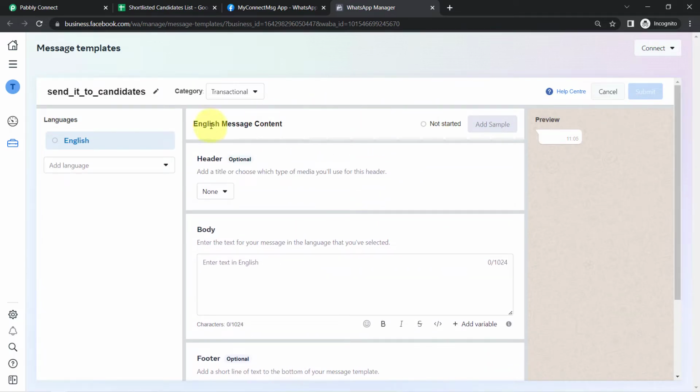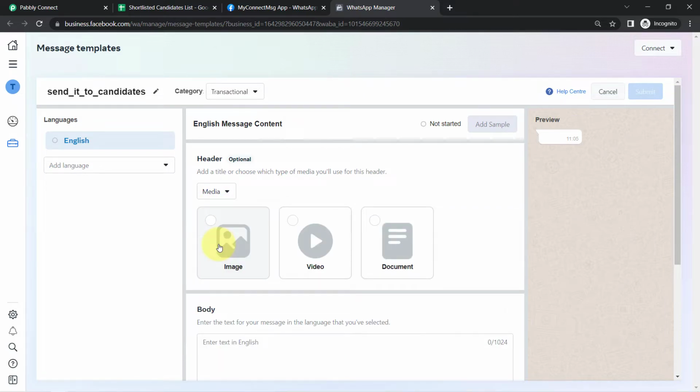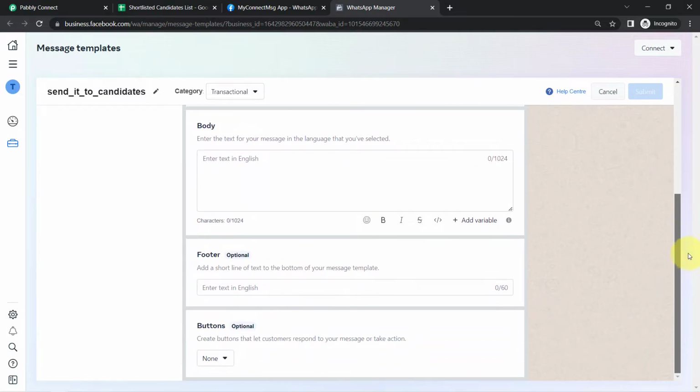But the special thing about header here is you can send text as well as media, and in case of media there is also an option to send the image, the video and document as an attachment in header. So this is really interesting about this header thing. All right, and once you fill all these details, the header, the body text, the footer, the buttons, whatever you want,